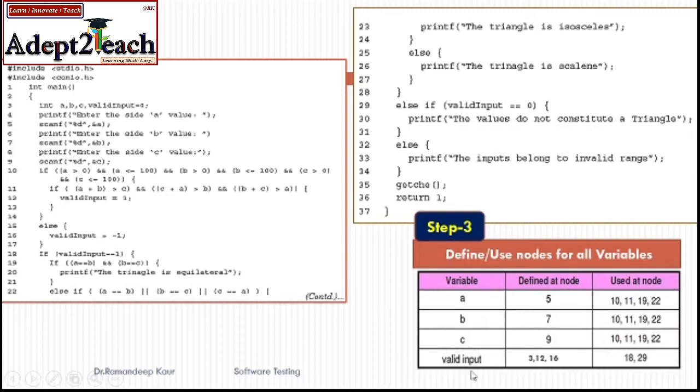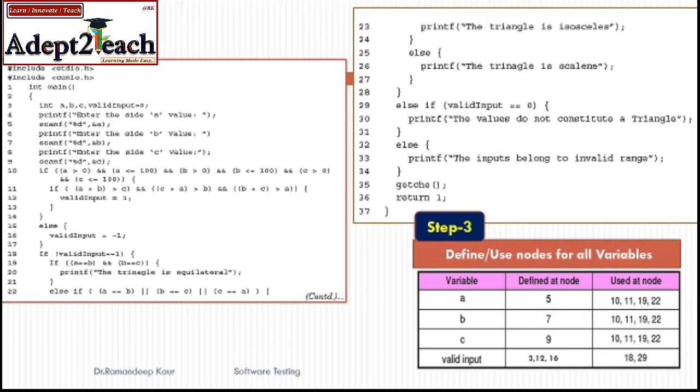So I have written all the variables that I have in my entire program. Now I will identify at what node number these variables are defined. So let's see our source code and identify where the variables are defined. Defining means when the variable receives a value. If I do not give a value to a variable, then it is basically the declaration of a variable. So we are concerned about the defining of a variable.